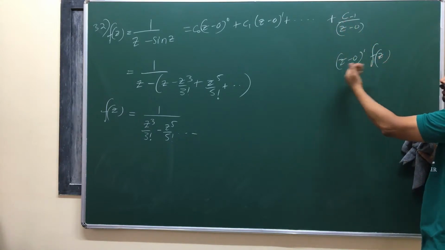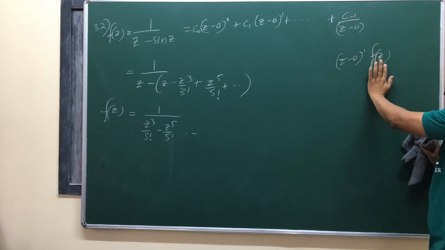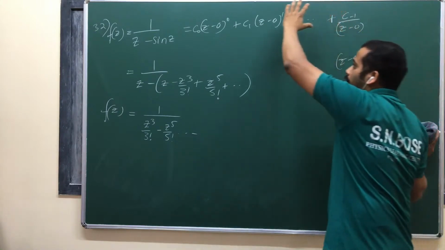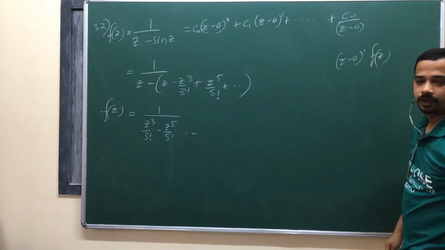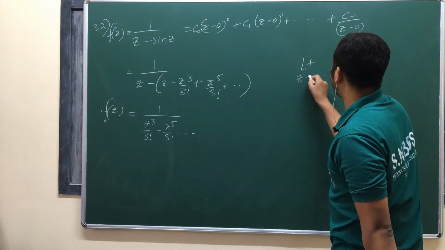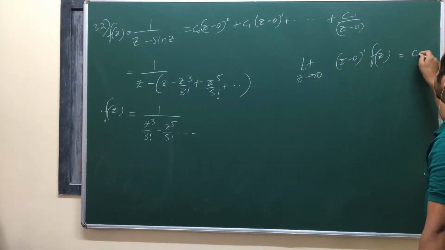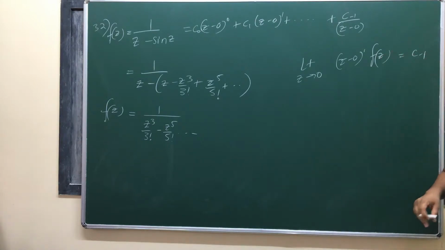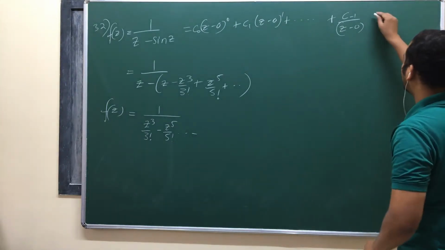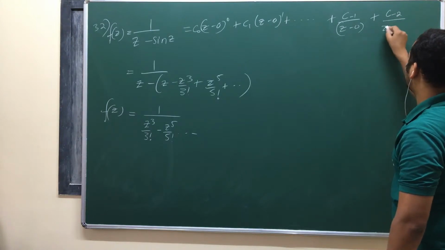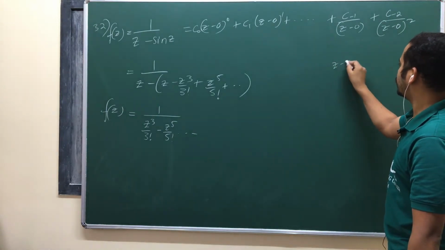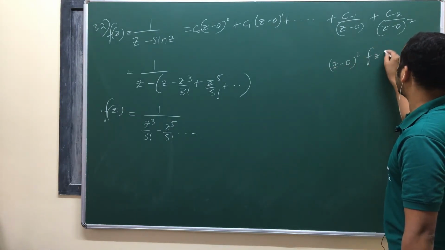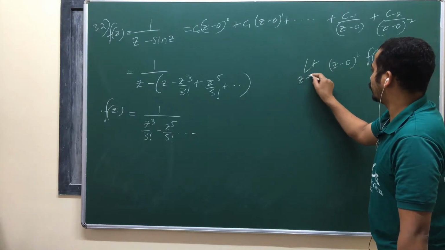Am I right? When you multiply by z minus 0 whole power 1 into f of z, you get this factor. The rest of all the factors are z minus 0 whole power some positive powers. And when you apply limit z tends to 0, only this will remain, if it is a pole of order 1. And it will be non-zero and finite. If it is a pole of order 2, just try to understand this concept, a very generalized concept, z minus 0 whole square. If it is a pole of order 2, then if you multiply by z minus 0 whole power 1 into f of z, limit z tends to 0.